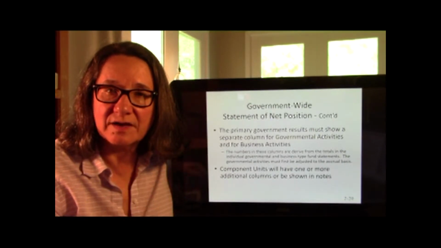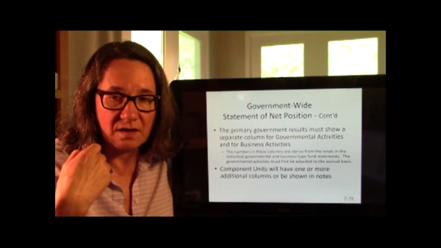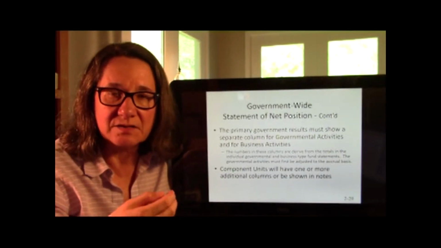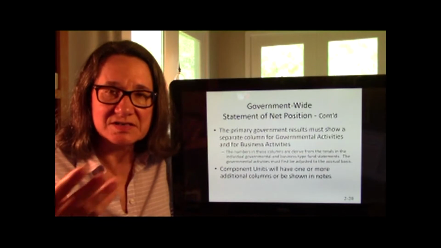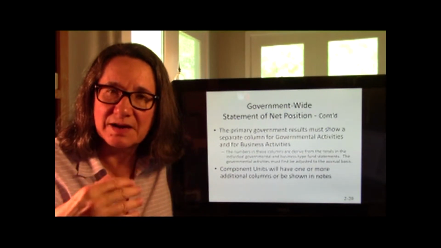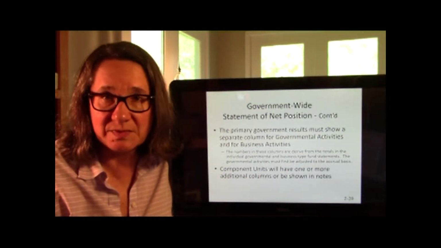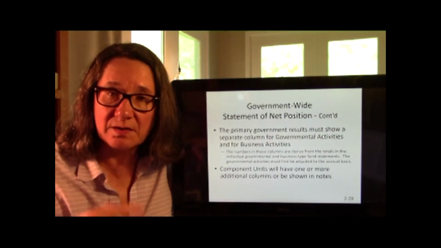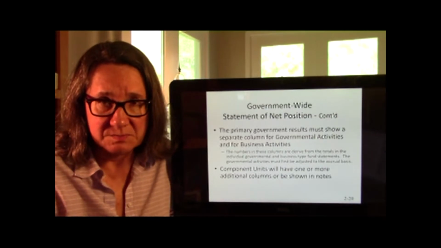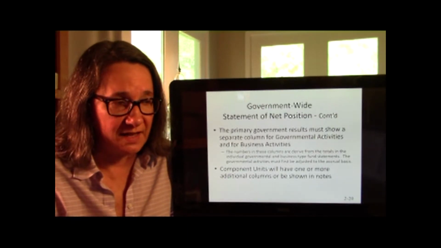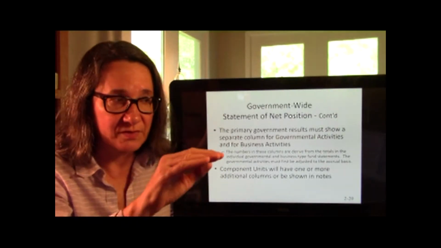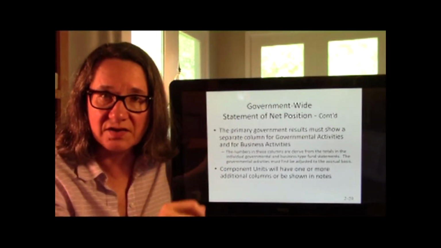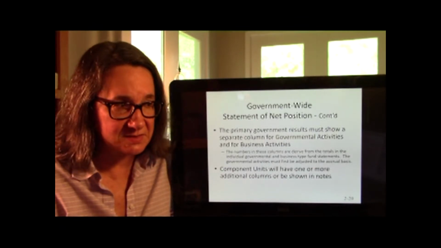So you might have the water department, electric department. Depends on maybe the library, maybe not the library. It just depends, do they take in some money? It could be they run some apartments, some Section 8 housing is maybe run by the city, so they collect rent, pay expenses. So there are some business activities, and you're going to have separate columns for just the general governmental and those things that you can classify similar to a business.